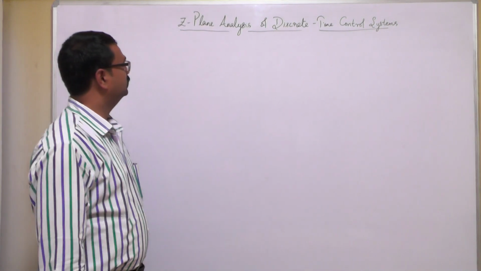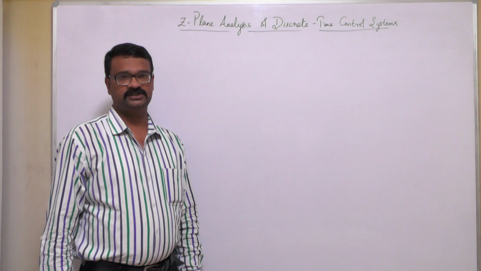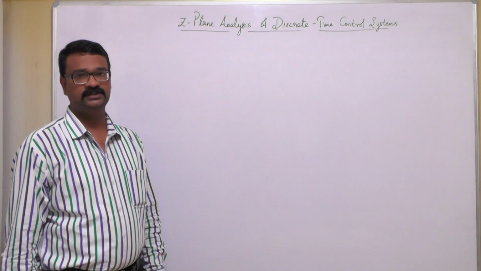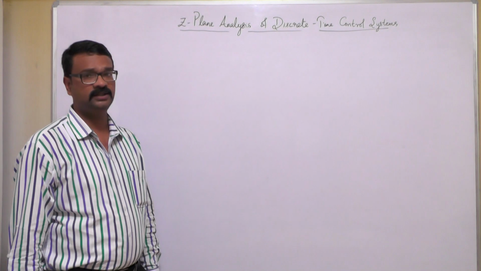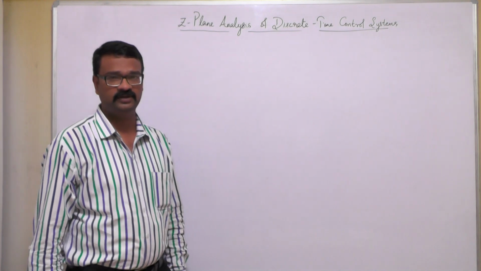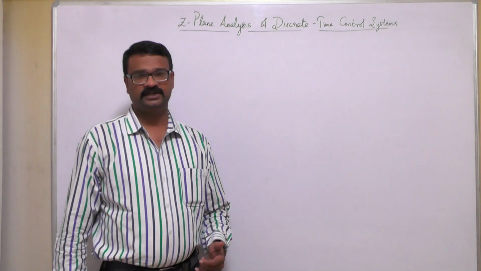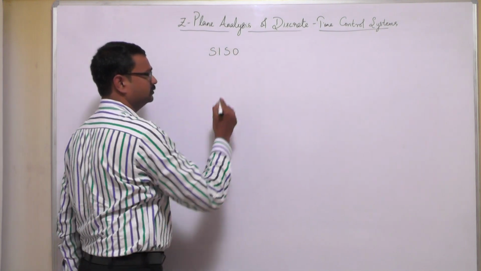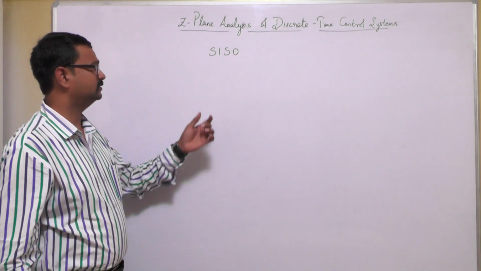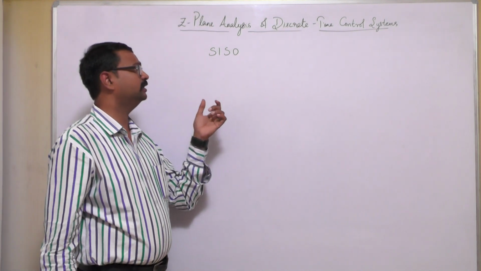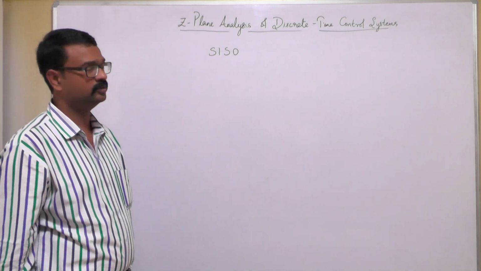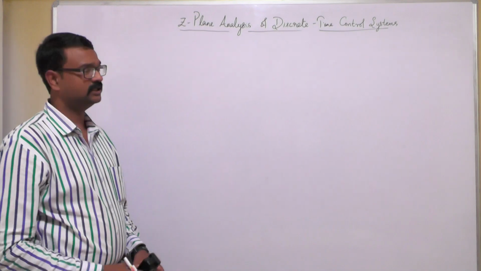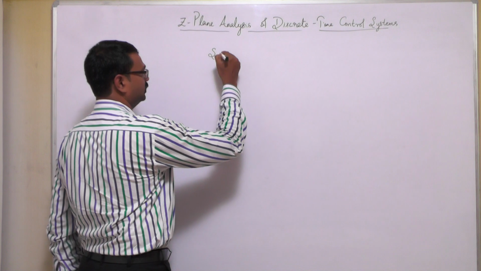Good morning. Z-plane analysis of discrete time control systems. We will try to understand how we analyze Z transforms when we apply them to discrete time control systems. Most importantly, Z transforms are used for single input, single output discrete time control systems, where they can be used easily to obtain the output of any such system. Before going into this, we need to understand that we are using a uniform